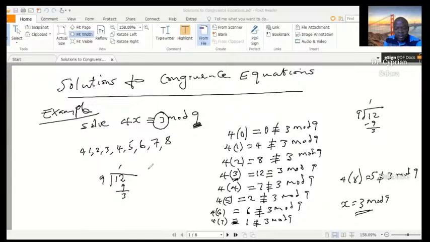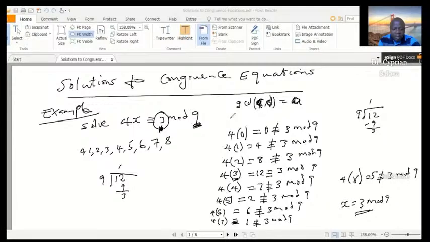Now, this example tells us one good thing here. We discovered that the GCD between 4 and 9 was 1. So the GCD is 1, and that 1 divides this number here. Supposing the GCD is A, let me just say, suppose the GCD is A. Supposing the GCD of two numbers C and D,